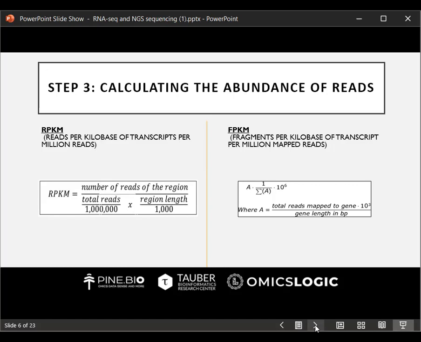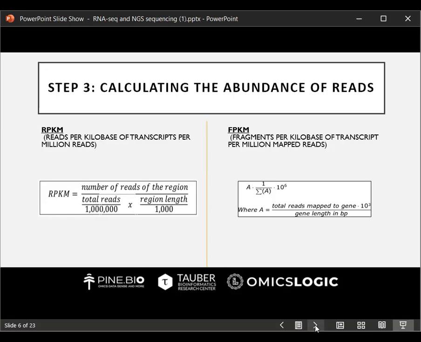Now, the counts of expression can be raw counts, which can be used for the DESeq analysis, or the RPKM values or the FPKM values that are mentioned on the screen. The RPKM values are reads per kilobase of transcripts per million mapped reads, and the FPKM values are fragments per kilobase of transcripts per million mapped reads. It is important to understand the difference, because the data that you acquire can be in both these formats, and it's important that you understand these formats to differentiate at the end of your study.